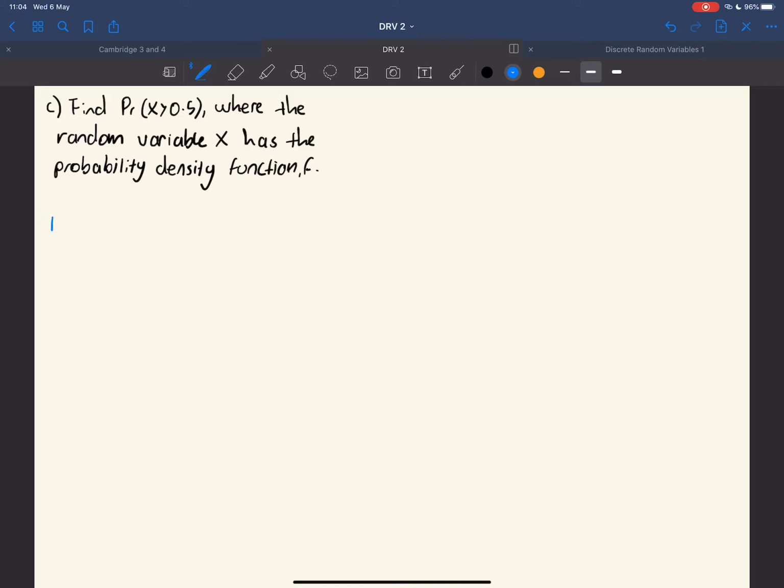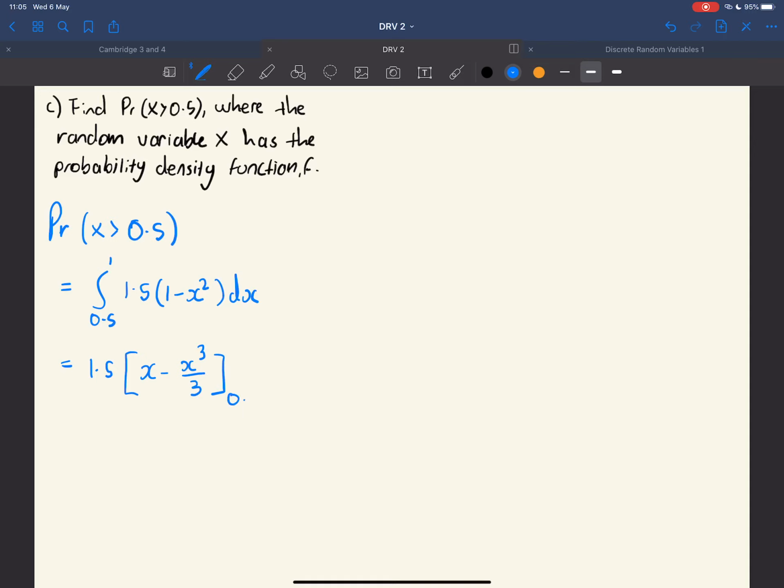So we're finding the probability that our x is larger than 0.5, which is equal to the definite integral between 0.5 and 1 for that same function that we used previously. So let's keep going. Keep our coefficient out the front. We'll integrate, which we already know off by heart. It's x cubed on 3 between 0.5 and 1. So we're now going to start substituting. So we'll get 1.5